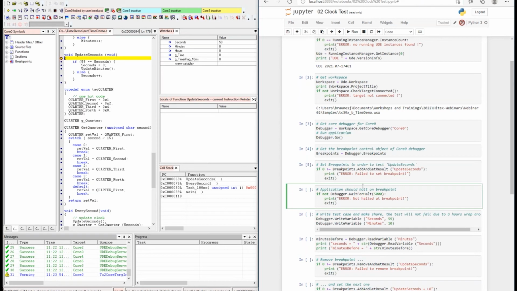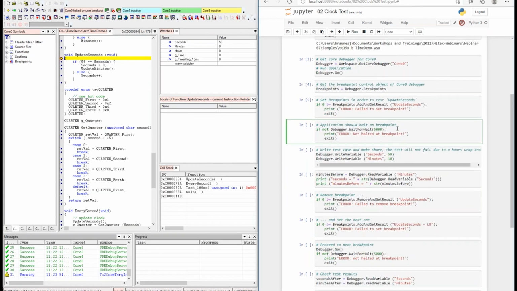Here we have also a check if the breakpoint was already hit. It's always a good idea to use these checks before you continue your script. But in this case, we see it is successful. This command was successful, and we can execute it as well. And then we want to